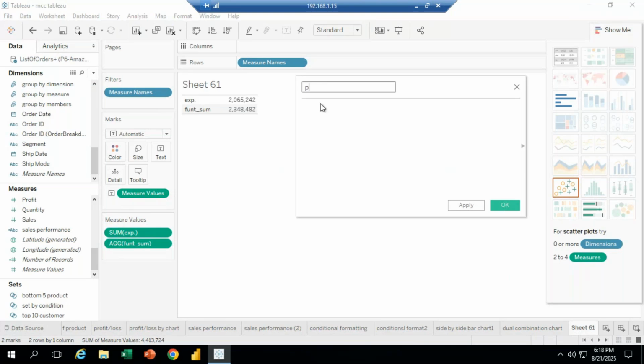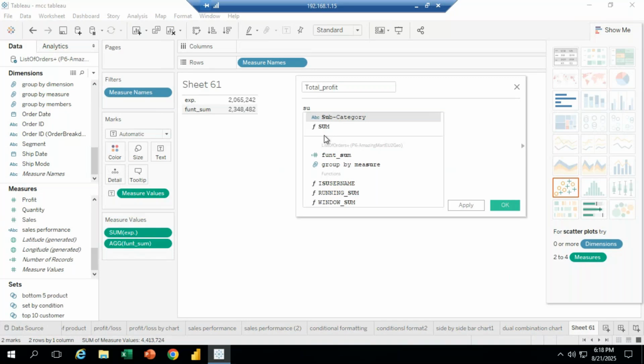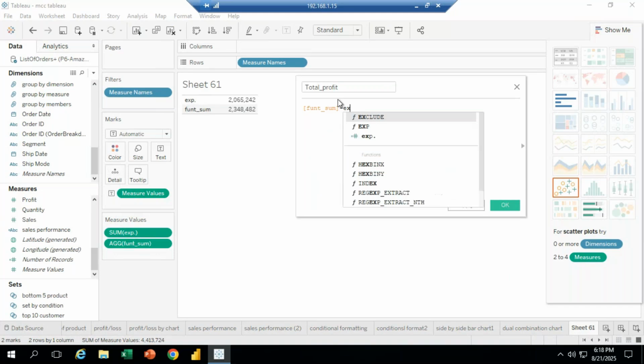Profit total, underscore profit. This is my field name I am going to give. In that function, sum minus expenses. This is my data. If I minus these options here,